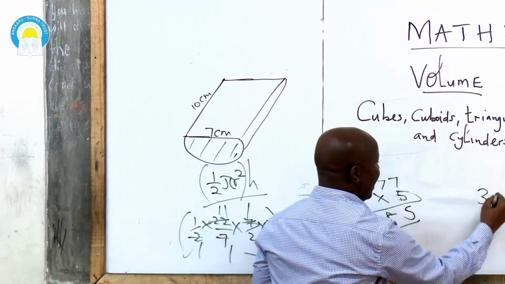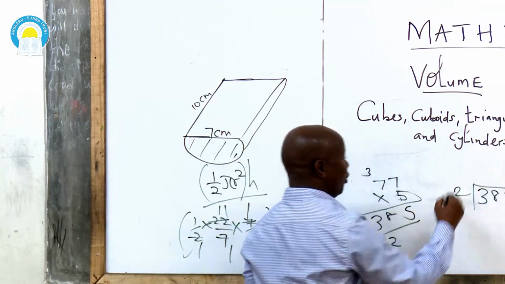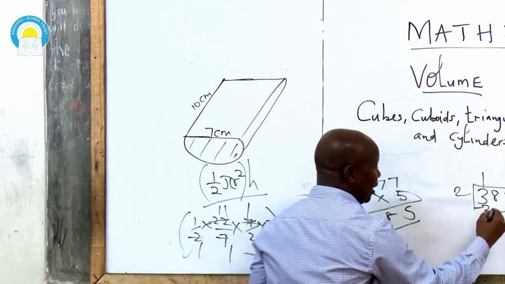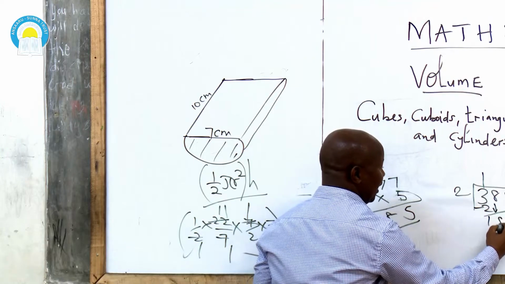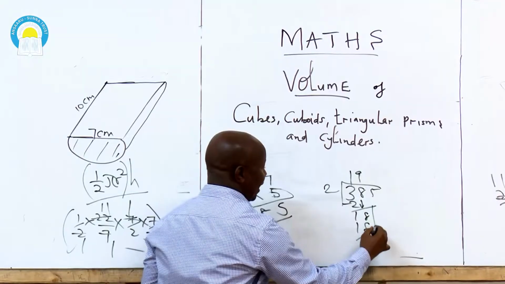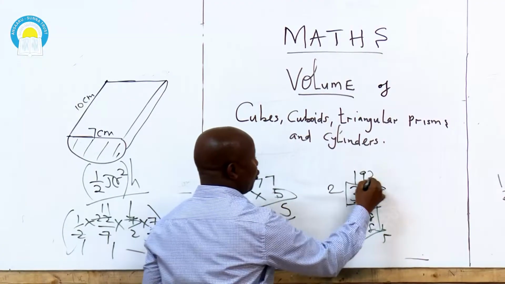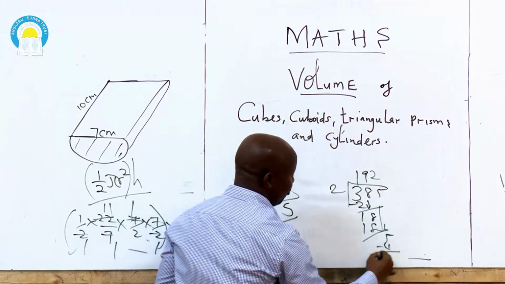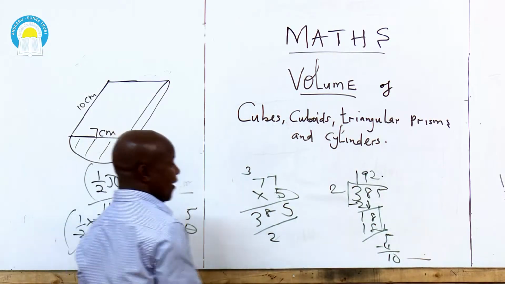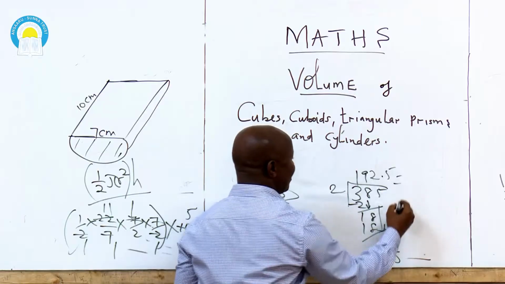Now we have 385 divided by 2. 3 divided by 2 goes only 1 time. You get 2. Take, you get 1. You drop 8, 18. Then it's 9 times 2 because of 18. Then you drop again 5. 5 divided by 2 is 2. 2 times 2 is 4. You minus, you get 1. You add 0. Then you put a point. 10 divided by 2 is 5. So our answer is